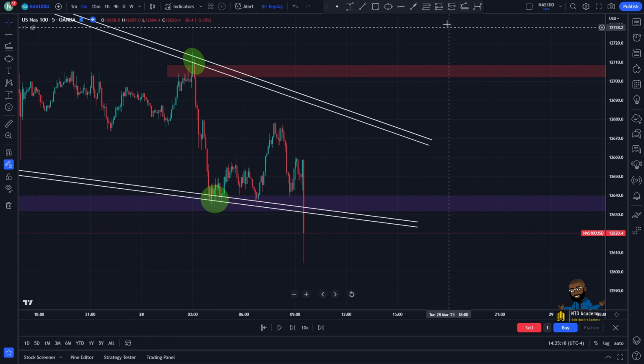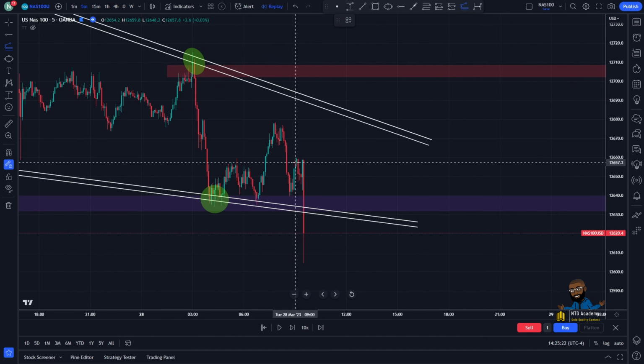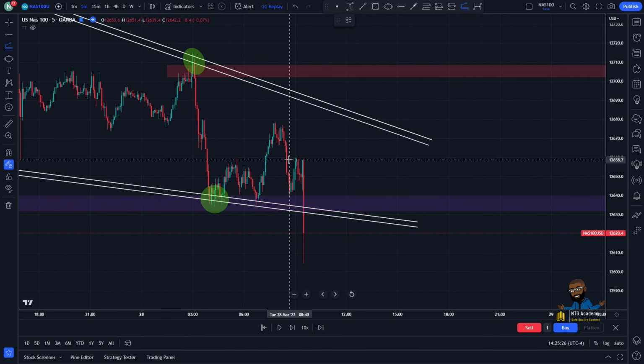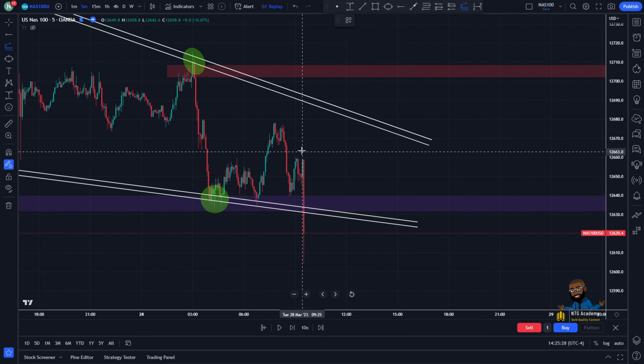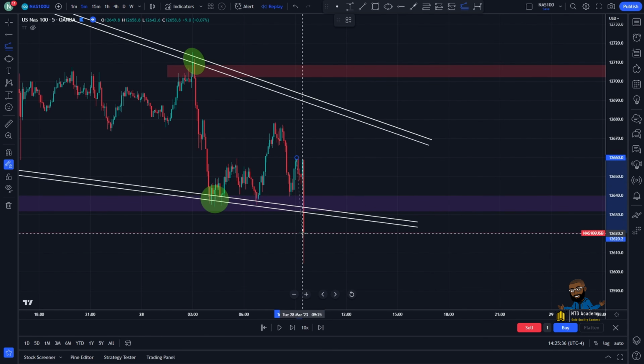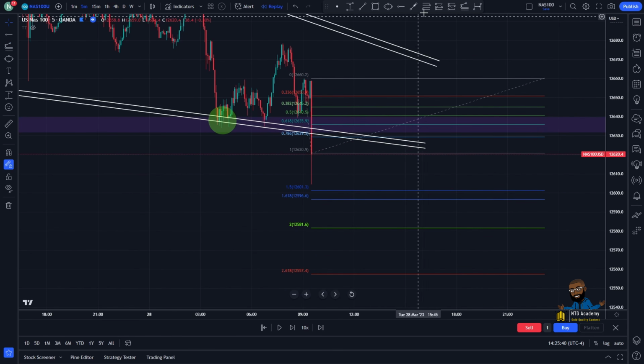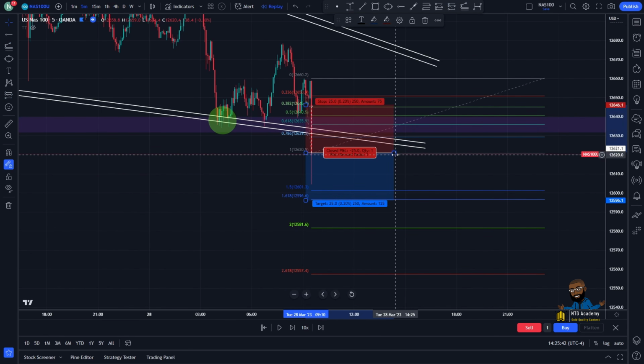Now what you guys want to do is grab that fib extension as always, and you want to go from that previous high or low, depending if you're going for sells or buys. For this point, we're going for previous highs. So the high was here. We want to grab that wick, and drag that extension all the way to the break candle, and then drag it all the way back up. And this is where we're going to get our entry, okay?